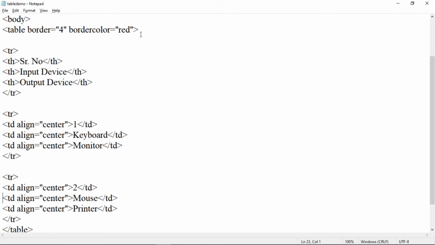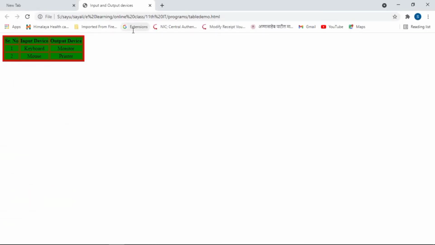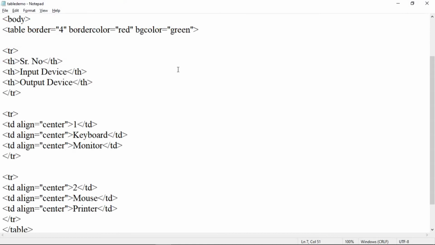Also you can specify a BG color for the table. So suppose BG color is equal to, specify here color, suppose color is green. Save this file, then Alt tab and refresh the page. Now you can see background color is green, border is in red color for this table. So in this way you can create a table, you can use different tags and attributes.